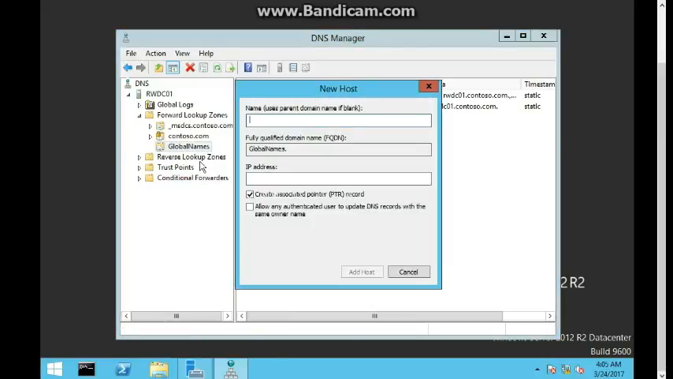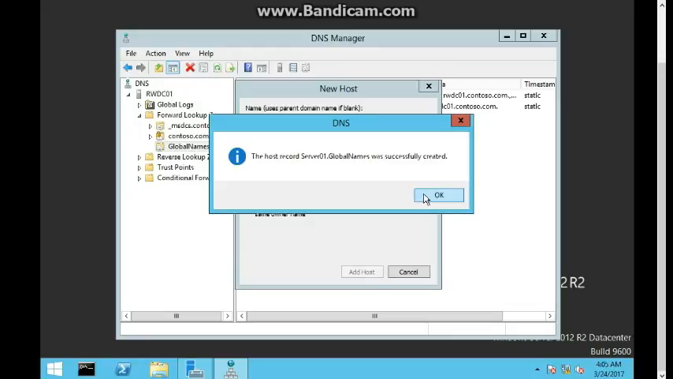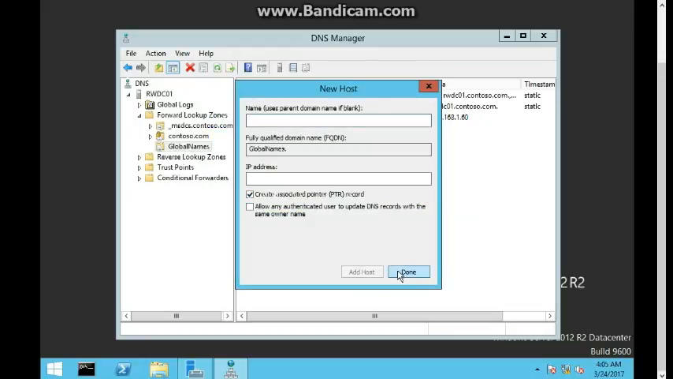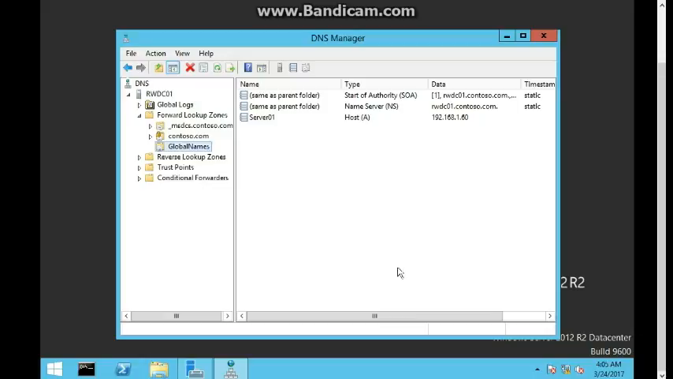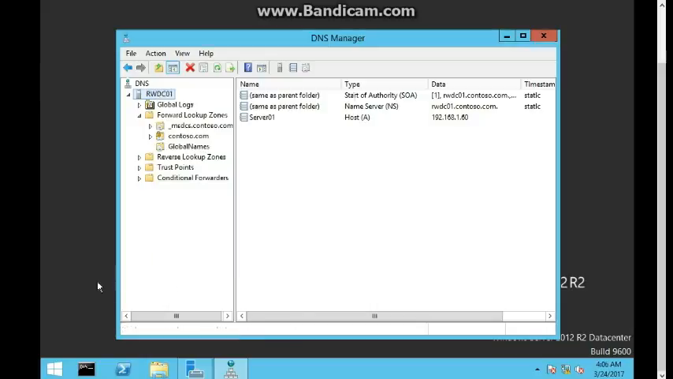For the name of this new host, we'll be typing server1, and for the IP address, we'll be typing 192.168.1.60, and then we're clicking add host, and done. Then we'll be going to our DC again, right clicking it, and from here, actually, we go back